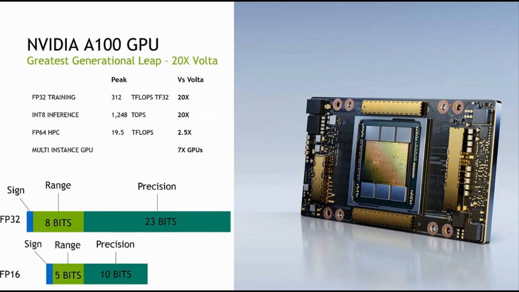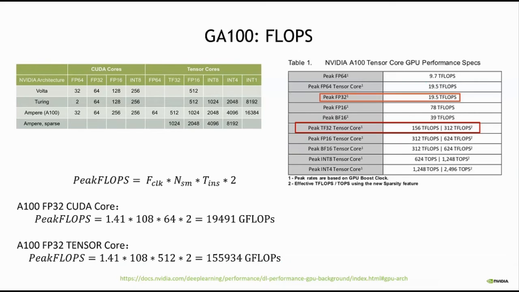But let's try to understand these numbers in detail, right? So yesterday we talked about the CUDA core peak flops, right? But if you actually see the difference between the FP32 peak flop versus the TF32 peak flop, you'll notice that there's a huge difference, right? And just give me a couple of seconds, but we'll talk about TF32 in more detail.